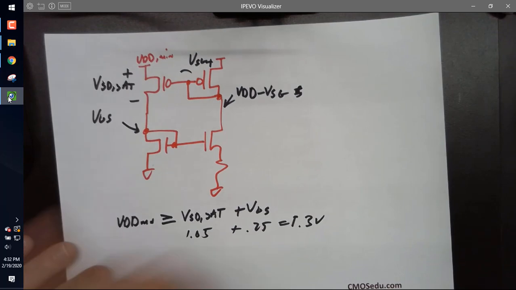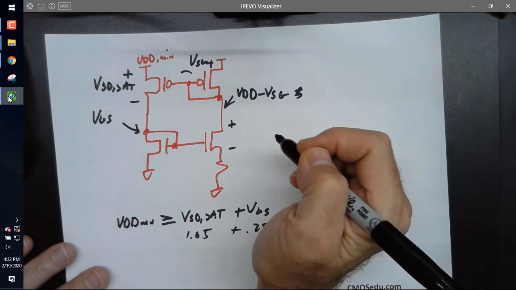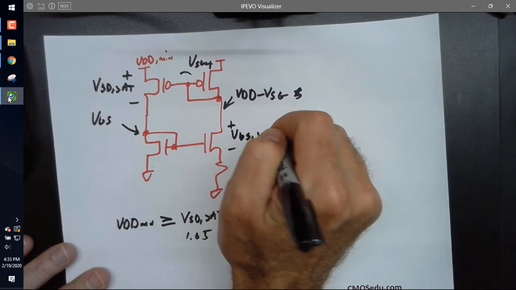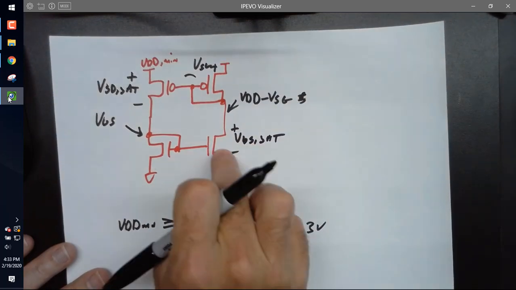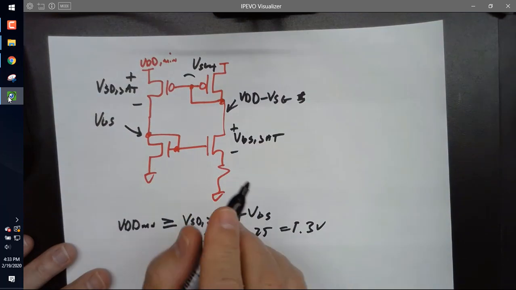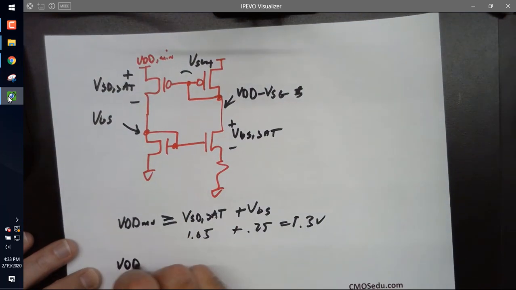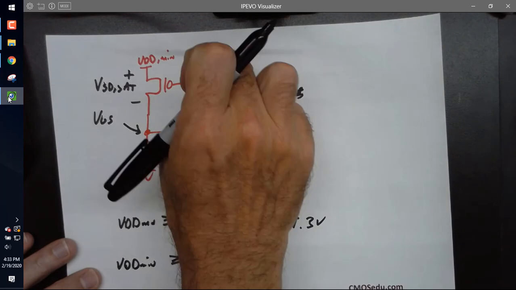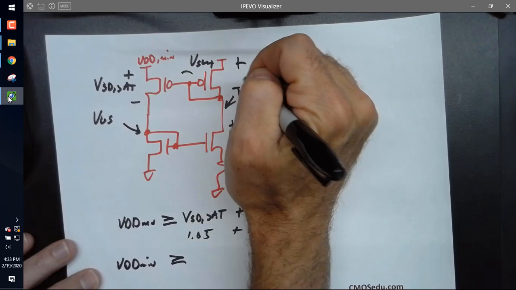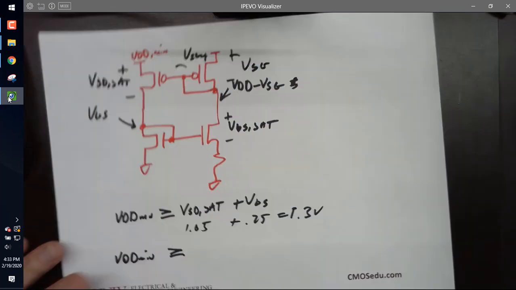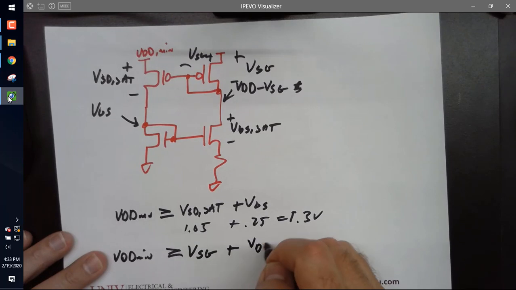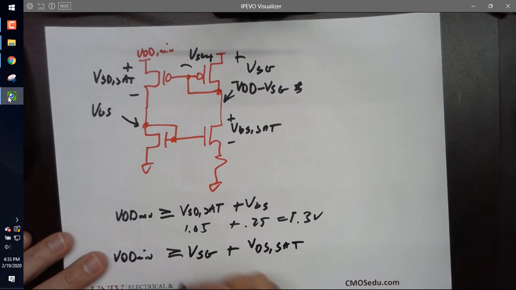Okay, then what do I need here? VDS SAT. And I'm going to neglect the voltage drop across just for my estimate. So for the other side, I get the following. VDD min has to be greater than a VSG plus a VDS SAT. So putting in the numbers, 1.15 plus